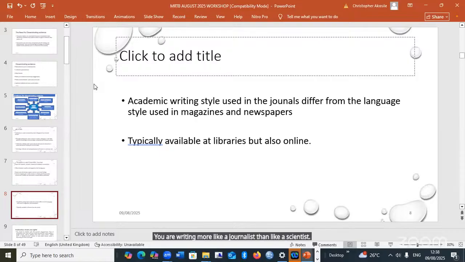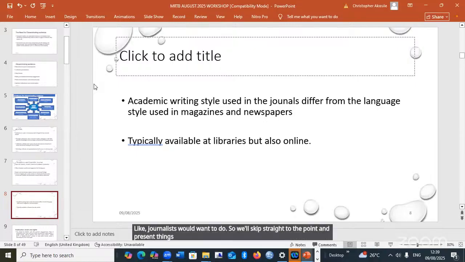So scientific writing differs in a lot of ways from journalistic writing. The presentation by Prof has highlighted, if you followed it very well, the way scientists are, we don't waste too many words. Whatever statement you are making goes directly to the point. They are apt and straight to the point. Unlike telling stories that journalists will want to do and embellishing facts like journalists will want to do. So we skip straight to the point and present things the way they are.